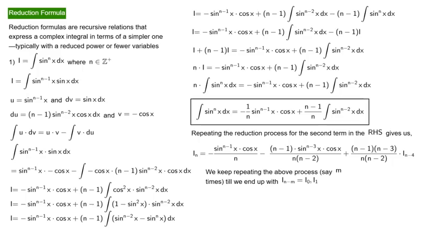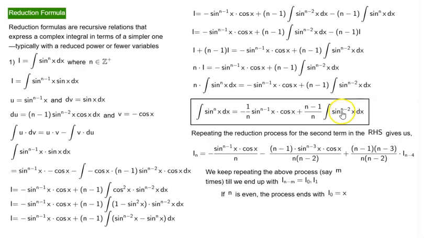That means if we keep repeating the above process, say m times, we will end up with I0 or I1. That depends on if n is even and we keep reducing it by 2, what will happen? An even number repeatedly subtracted with 2 will end up with 0. So I0 will become